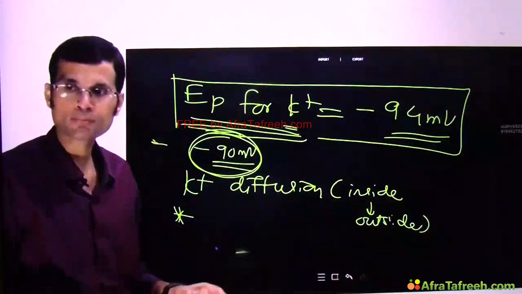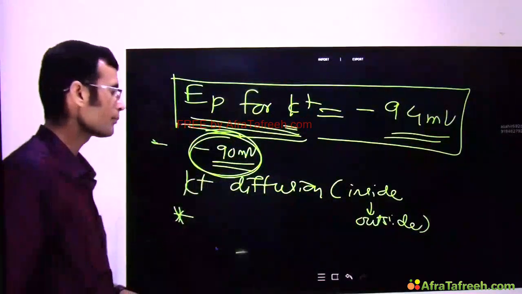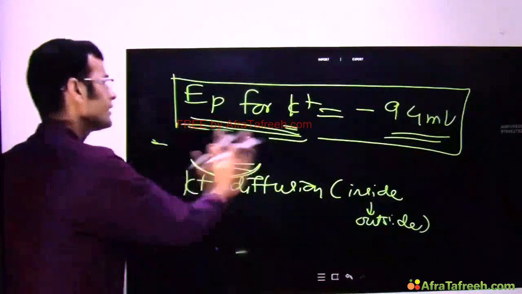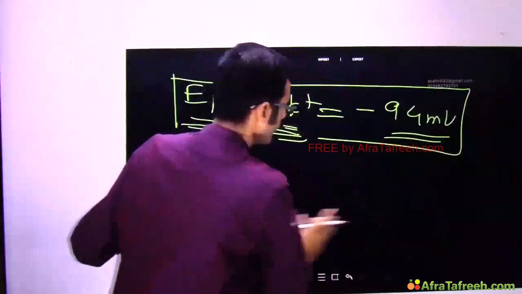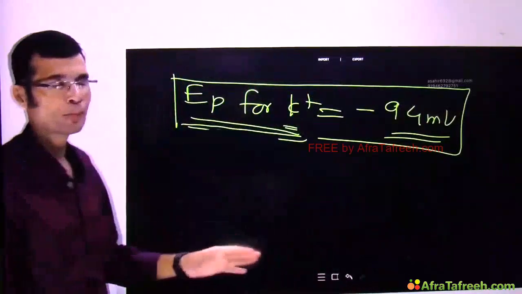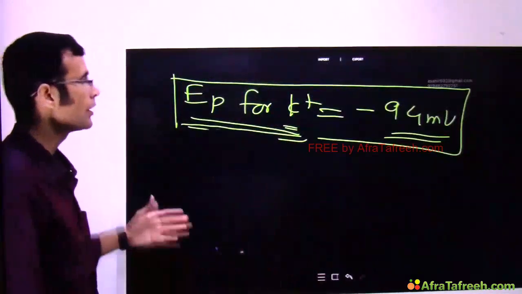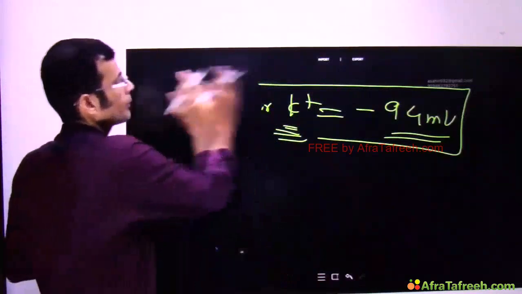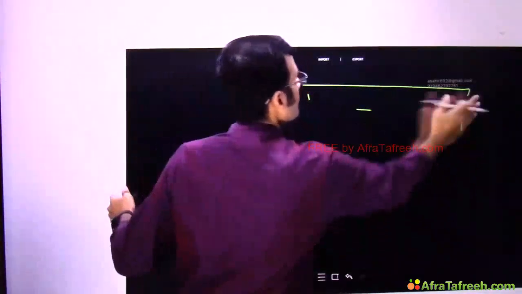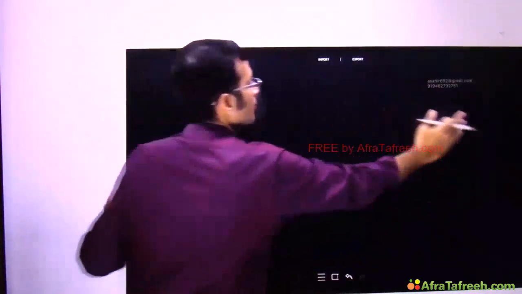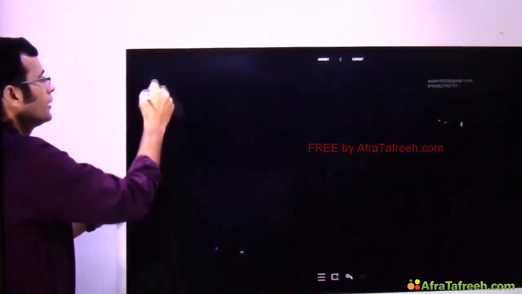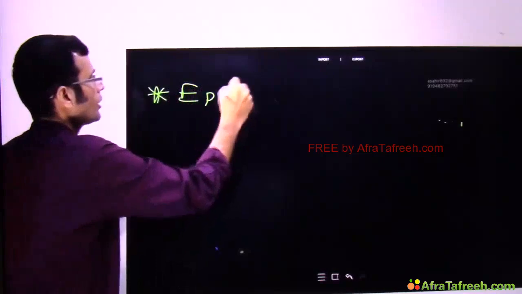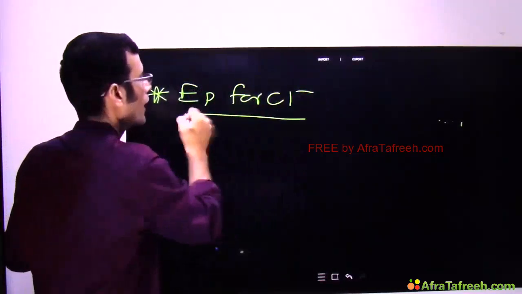It is the potassium which has contributed maximally. And why is that? That is because the membrane is very highly permeable to potassium as compared to sodium. So it's the potassium diffusion which matters in the development of RMP. Now, next point, equilibrium potential for chloride